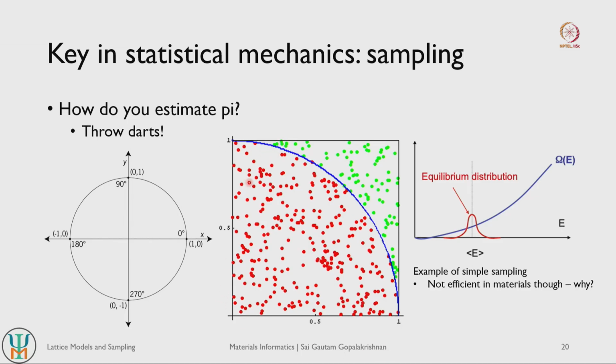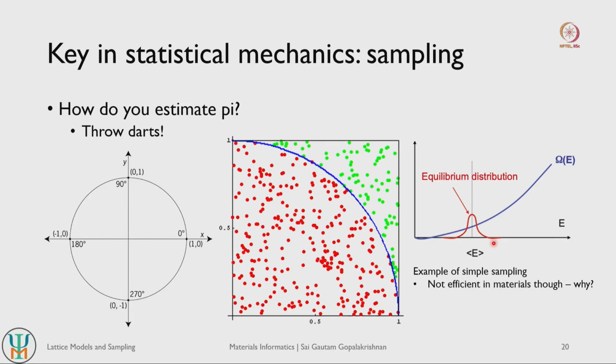So this is how you can use sampling techniques to arrive at quantities that are not very well known, or that you may not have readily with you. And this type of sampling is what is referred to as the simple sampling technique. Simple sampling, because when you throw a dart, it can randomly land within the circle or outside the circle. It can land anywhere, so you don't bias where your dart actually lands. You just count the number of dots landing within your circle and the number landing outside your circle. So this is an example of a simple sampling technique.